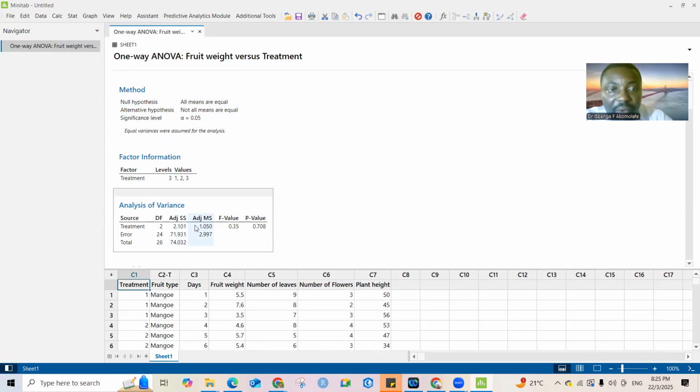Now, this is the most important table, which is what we call the ANOVA table. This table will give you what you're looking for. You have the source of variation, which is treatment. You have the degree of freedom. You have the adjusted sum of square, adjusted mean square. You have the F value, and then you have the P value. The P value is the most important thing here, which you need to know whether your source of variation has significant influence on the response variable that you are looking at. All right, so our P value under this treatment is